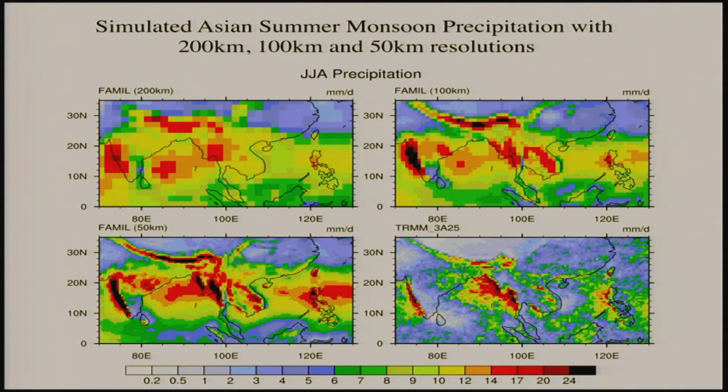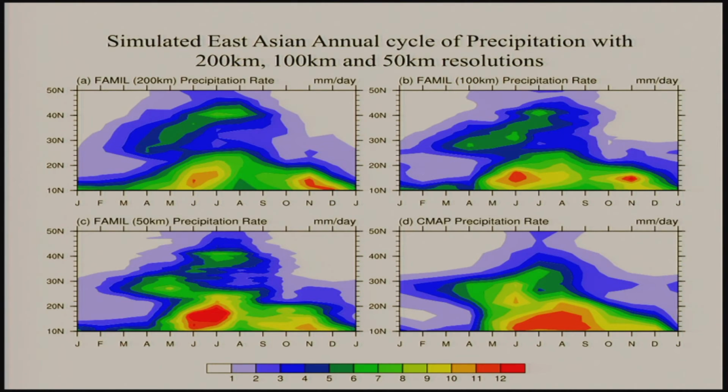We call it Meiyu in Japan, Baiu rain belt over there. That's probably due to this being only an AGCM, not a fully coupled model. Also, you look at the South China Sea, it is getting better. And the following slides are just from the 110 to 120 region. We look at the annual cycle